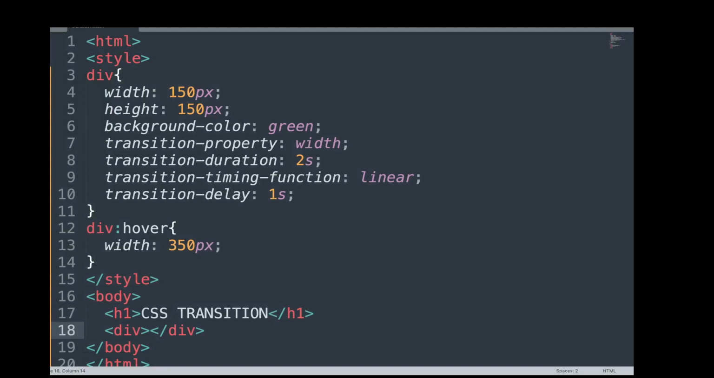Here this transition shows. If you want to add the shorthand property, we use the transition property in our code. Open the Sublime text editor and put all these properties in a single line. So we can add here